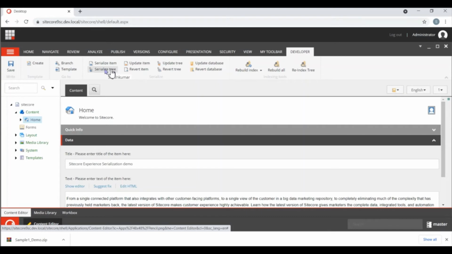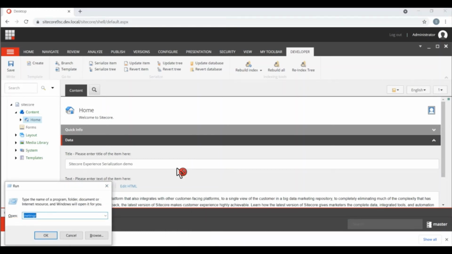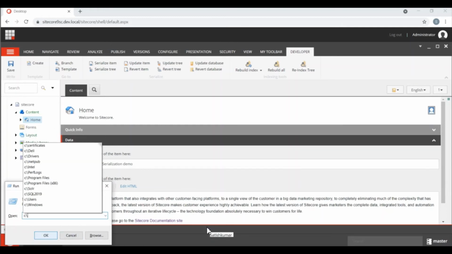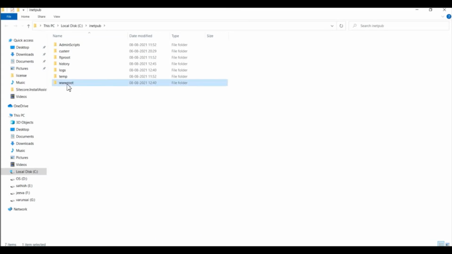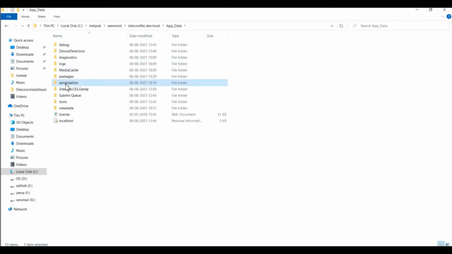Normally it won't show anything. So if you go to the data folder of this application, go to serialization.